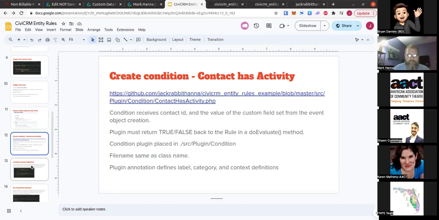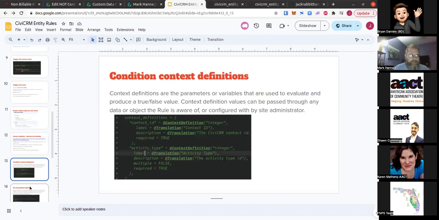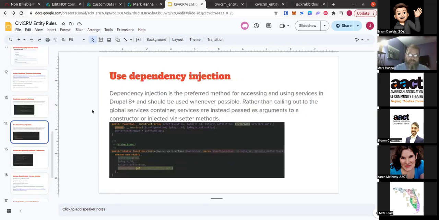A little bit of context definitions for the developers. Use dependency injection. If you don't know what it is, look it up. This is just a systematic way for objects, plugins, and services to receive other services and code, and Drupal will automatically handle the instantiation. There are actually ways to customize these things so that your plugin can always receive the service that it should get based upon the